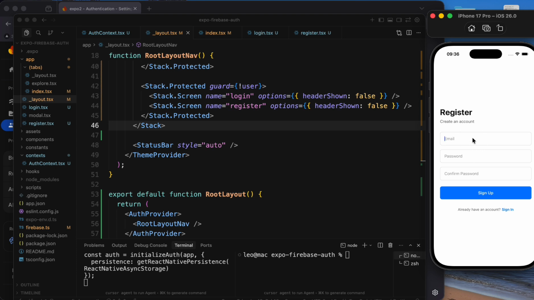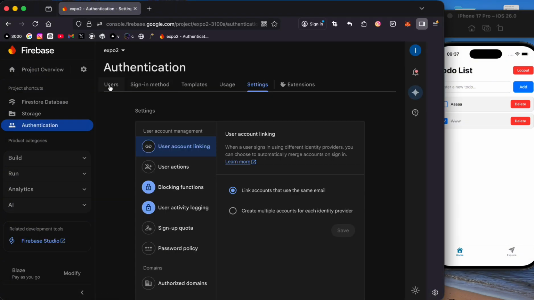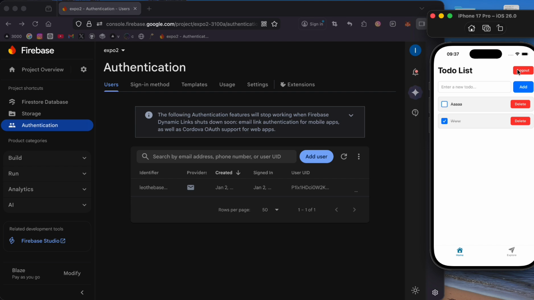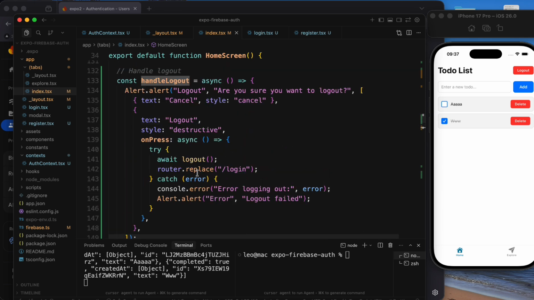So let's try. And the password. Sign up. Okay, and redirect to the index page. So we go Firebase, go users, we should see the user. And log out. So for index page, go index page, we add a button, log out, handle log out, that